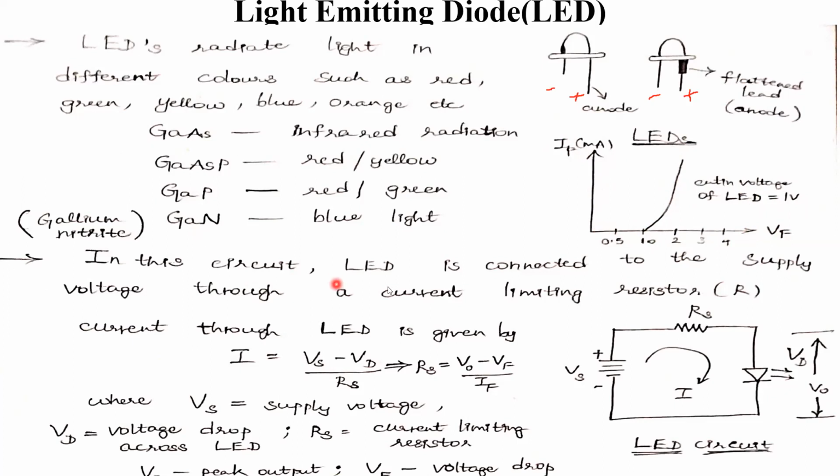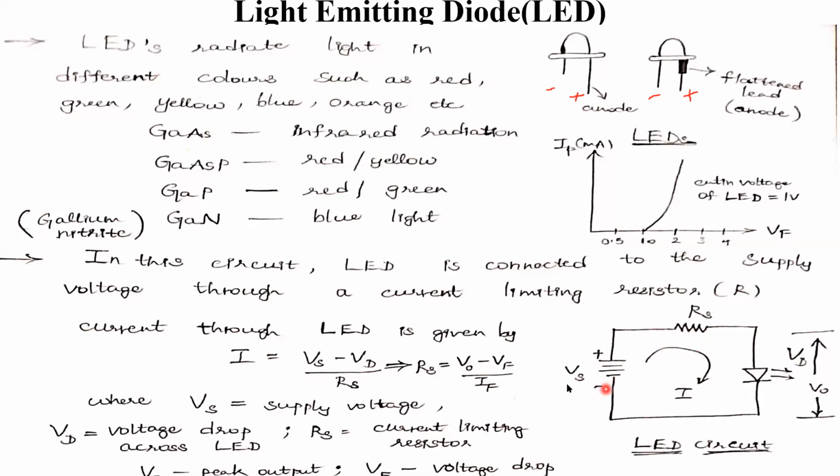In this circuit, I am placing one LED here. With respect to that, one resistance is also placed, and a voltage supply is provided. The LED anode terminal is connected to positive and the cathode terminal is connected to negative. Then this circuit is in forward bias condition. This resistance is placed in order to eliminate the sudden flow of current into the circuit, which may lead to damage to the LED. It can be avoided by placing this resistor. This acts as a limiting resistor here.